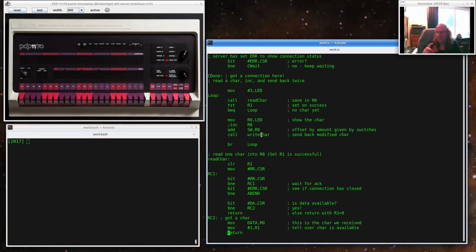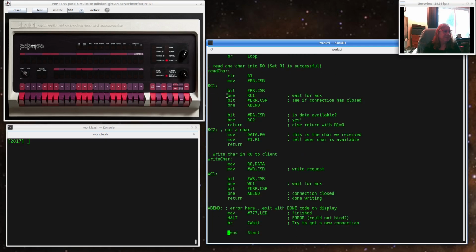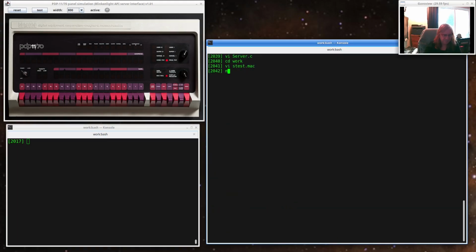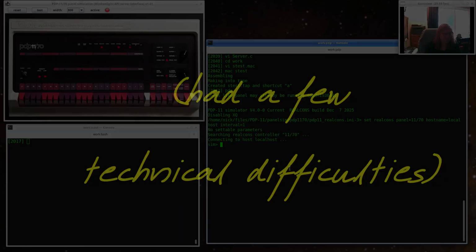So we'll get an echo to the client, but potentially adding a rotation. So simple shift cipher behavior, and then the rest of this is just reading a character and writing a character using those bits. So we can assemble that. We can run the simulation code,